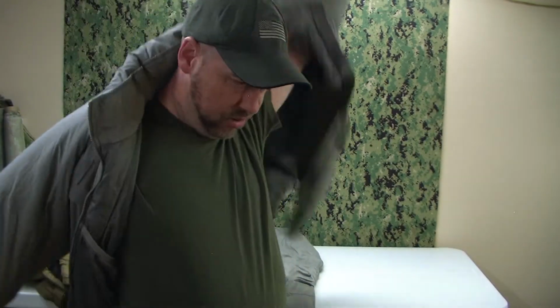And this jacket, when you put it on, obviously it's meant to be a little oversized. You want it a little big so that it will go over your other clothes. The idea with this being that in colder weather, right over whatever other clothes you're wearing, you just put this on and then